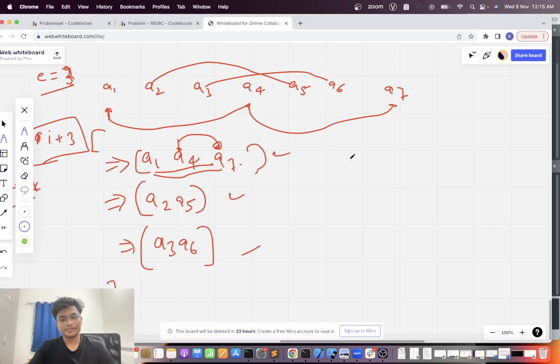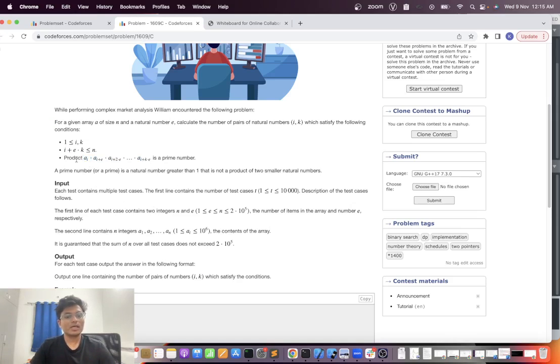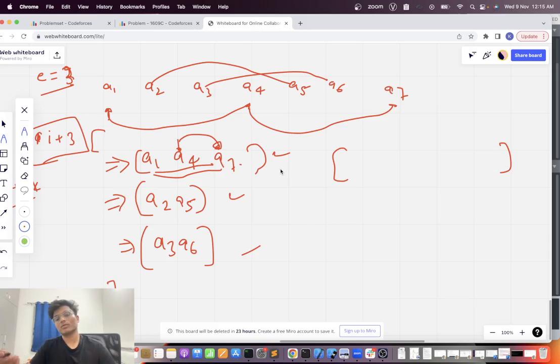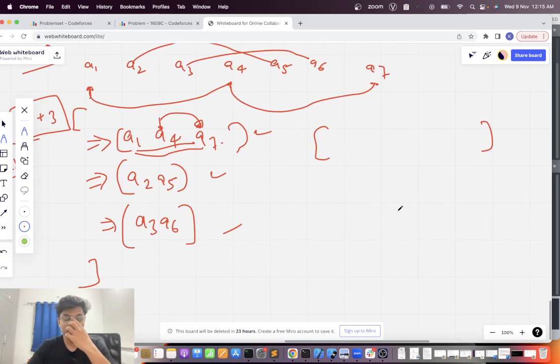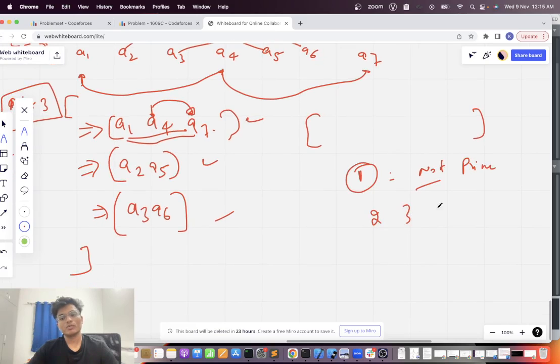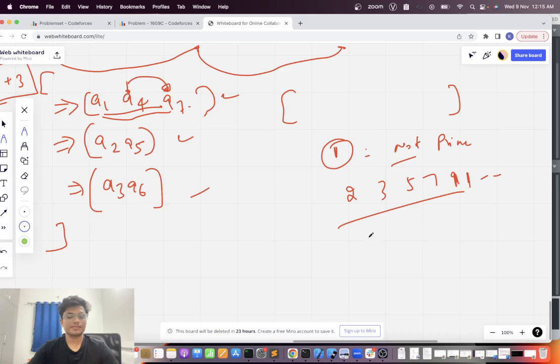So we have an array, and we need to calculate whether the product of all these elements is prime or not, and how many ways are possible. So the product of the elements should be prime. When will it be prime? You have to notice that one is not a prime. Prime numbers are 2, 3, 5, 7, 11. Sorry, 9 is not a prime. So I'm saying that if it is a prime,